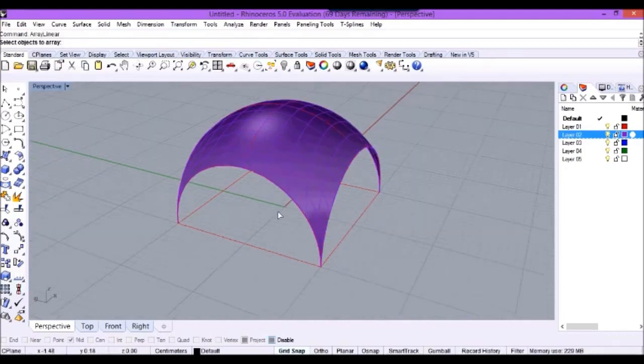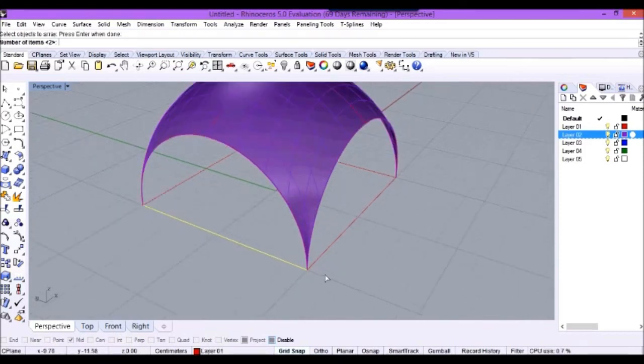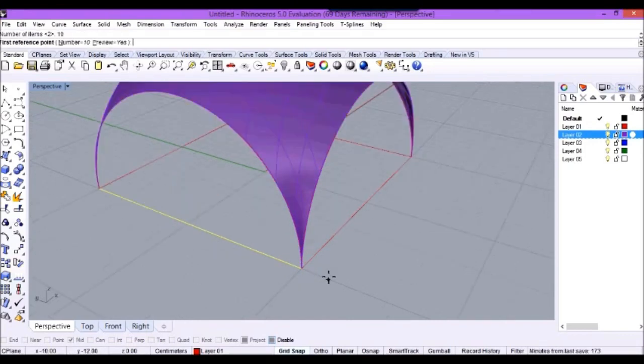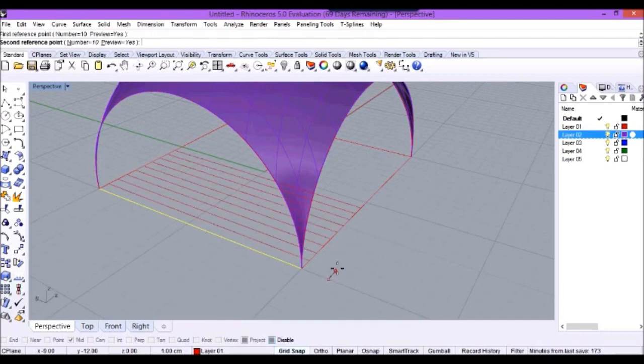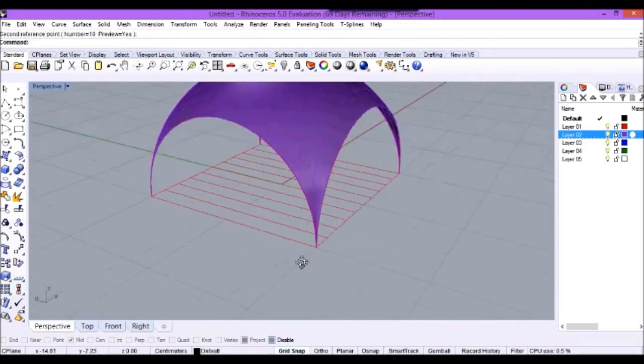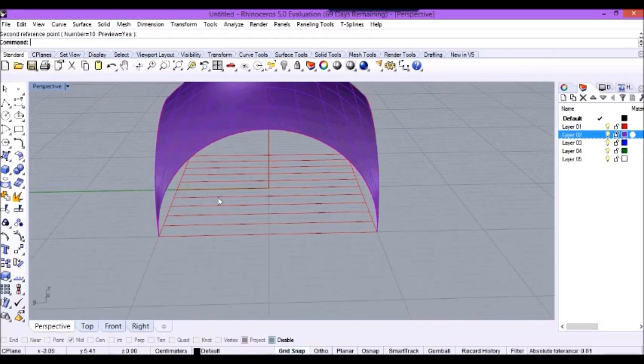It is going to ask for objects to array. Enter number of items. It is going to be 10. And first reference point can be the point on the grid, and I know it's going to be 2 units, so I'll just take 2 units on this direction. I get the set of lines, and I'm on the same line on this direction,